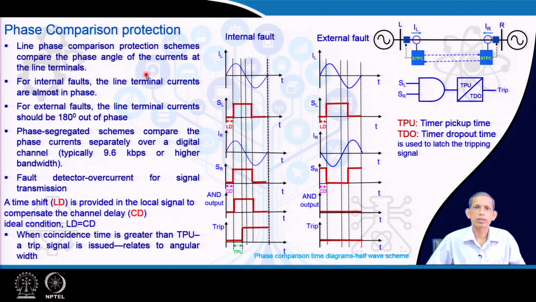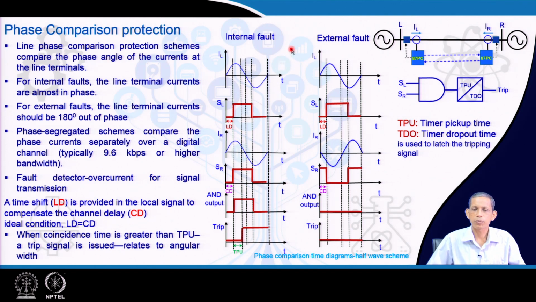Now, I will go to the third aspect of this lecture, phase comparison protection. So, how can phase be compared in a communication system environment? We will again go to the same two bus systems, L and R, and we have considered the corresponding communication systems, and this is 87 PC for the phase comparison perspective. How can we apply the concept so that phase can be compared, and a decision on internal fault or external fault can be ensured? We like to see.